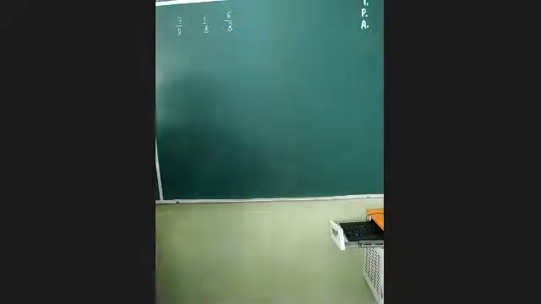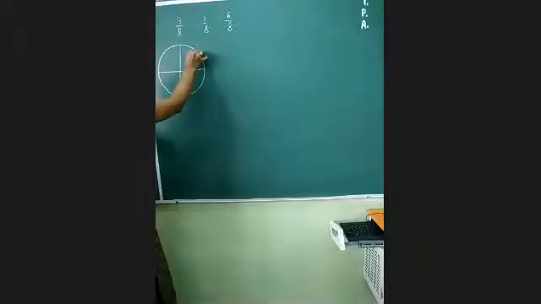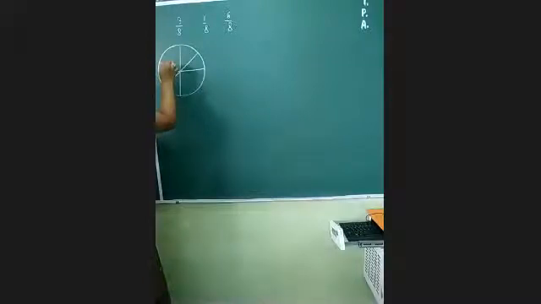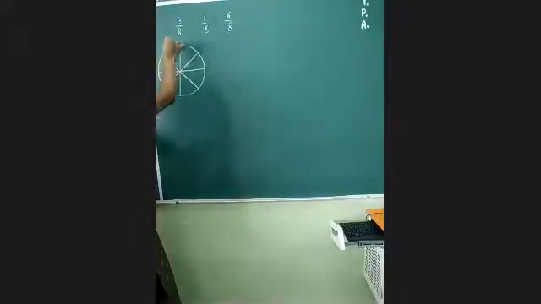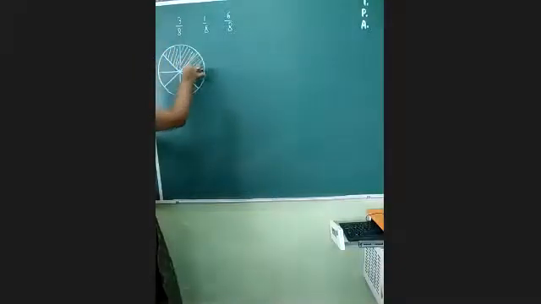So what I will do, I'll take the help of a circle because in a circle I can make the parts very easily. First circle I am doing, which will be, now this is half. Now 4 parts, 6 parts, now 8 parts. Now a circle has 8 parts, and in that I want 3 parts. So 1, 2 and 3. Now 3 parts are shaded out of 8. So this is the representation for 3/8.